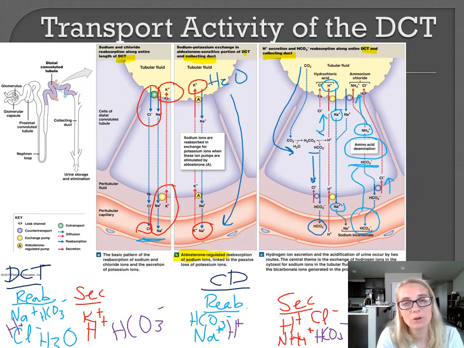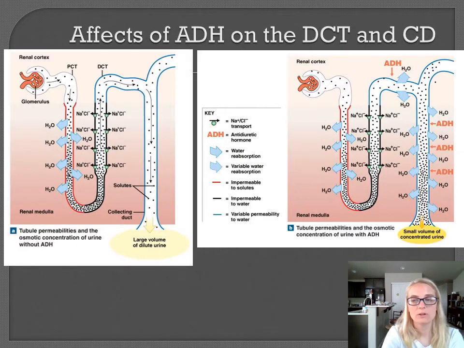But if your blood is alkaline, if it has too much bicarb, the kidneys can reverse these mechanisms, and we can hold on to hydrogen ion and kick out bicarb as we need it. So I wrote those in purple because the reabsorption and secretion of those things is dependent on the blood pH. Okay. All right,